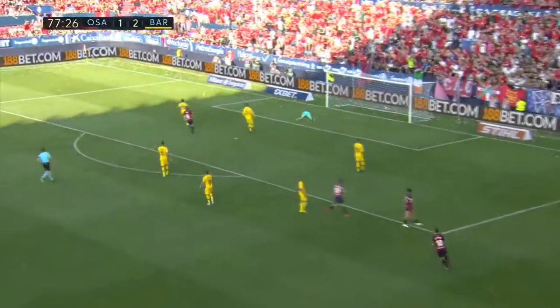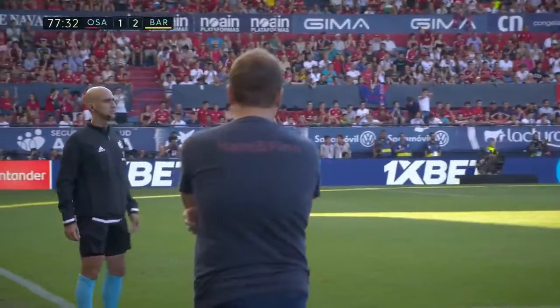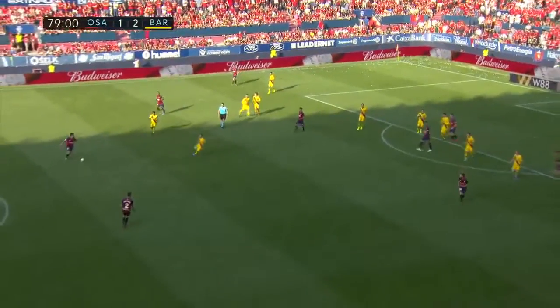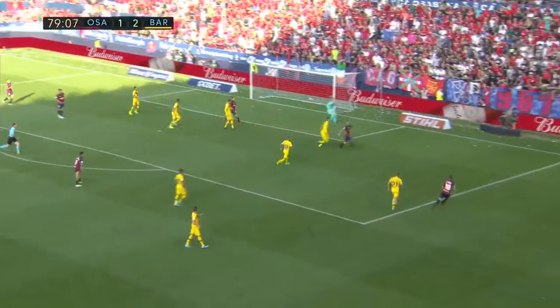Look at Juanmi. Oh, and what an introduction that is. Amazing beginning, and what a fine save from Ter Stegen. It's not over. Both managers have made some absolutely brilliant substitutions in this second half. We've already talked about Valverde and Roberto Torres. I look up to him, and he was being defended by Carlos Perez. I think that Barcelona should really assess these things, because